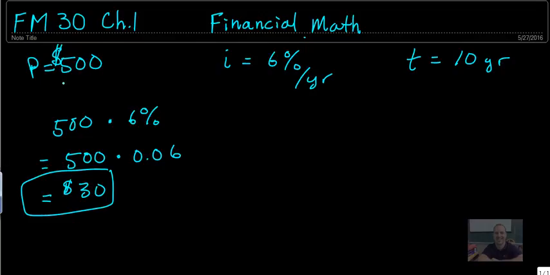So at the end of the first year, just for having that $500 in this CSB, the government's going to say, okay, here's 30 bucks for letting us have your money for a year. Okay? And so this is the question, how much money is made on the year? The whole term is 10 years. So this is the neat thing about simple interest. This yearly amount just gets multiplied by 10. It's the same amount every year. So for simple interest,